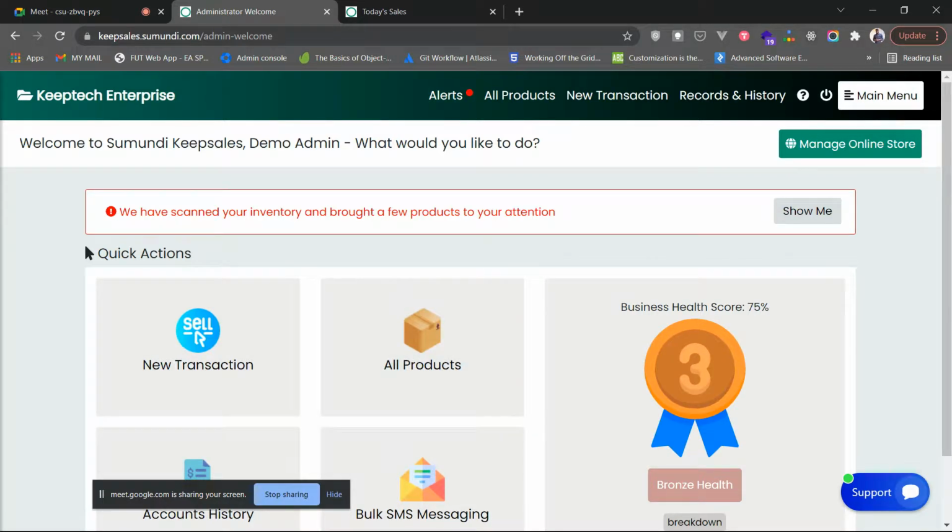So in this webinar we are going to talk about how the desktop app interacts with the web app, and go into detail as to what functionality the desktop app offers that makes it faster to use for sales as compared to the web app. So we'll start from